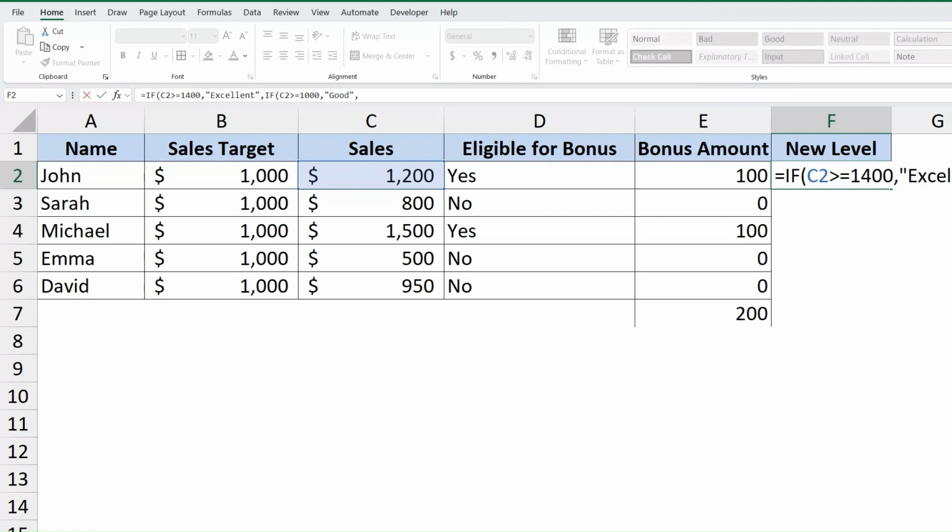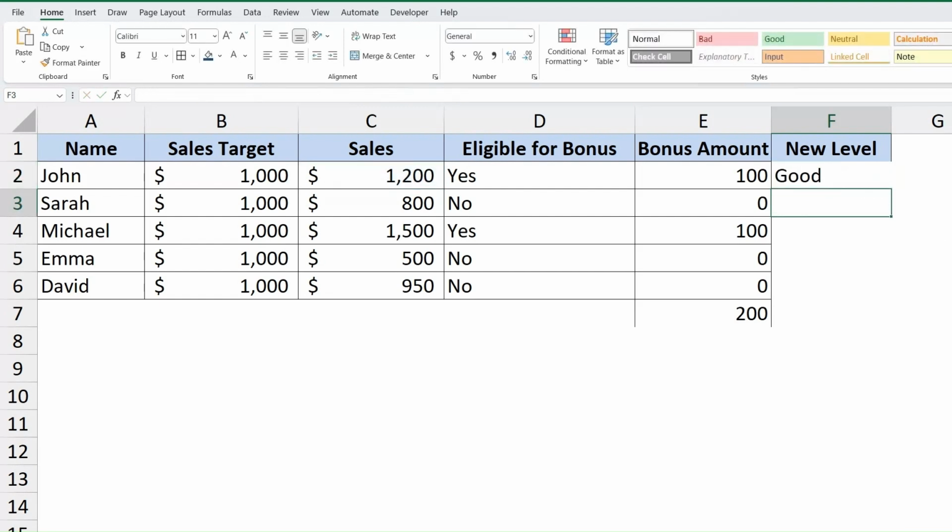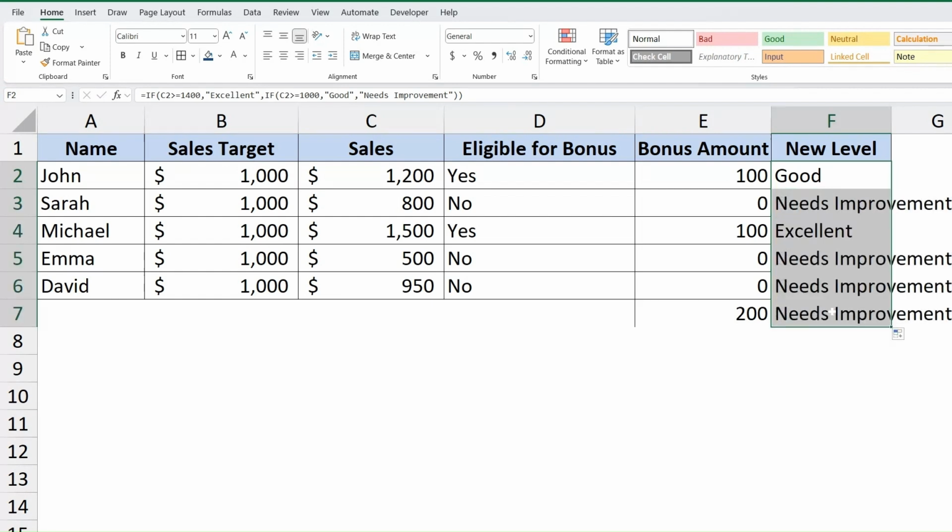If not, I want to have, let's say, needs improvement. Now I need to close both brackets, hit enter, and here's the result. I will drag this, Ctrl D,